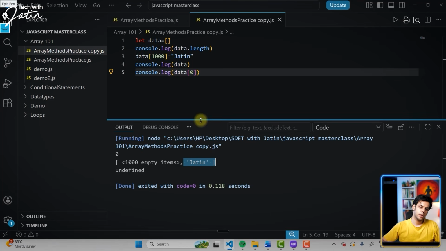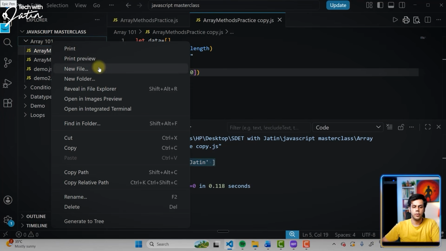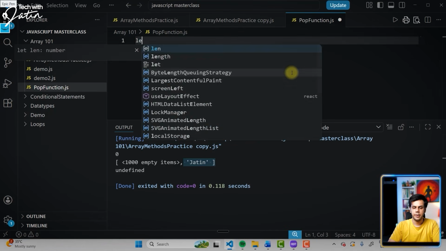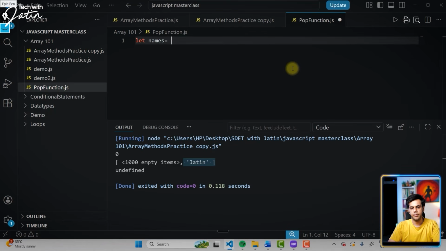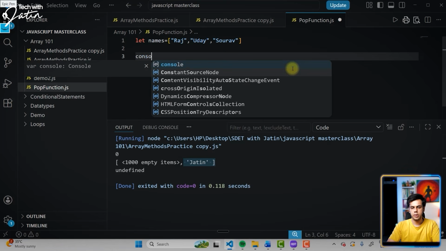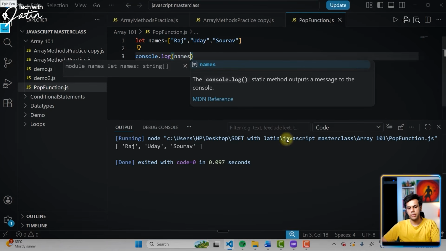Are you getting the point? Now, let's do that also. So let's right click over here and create a new file. I'm going to call this file pop function.js. All right. Let names equal to, let's say, Raj, Uday, Saurabh. And if I just do a console.log names and click on the play button, we get